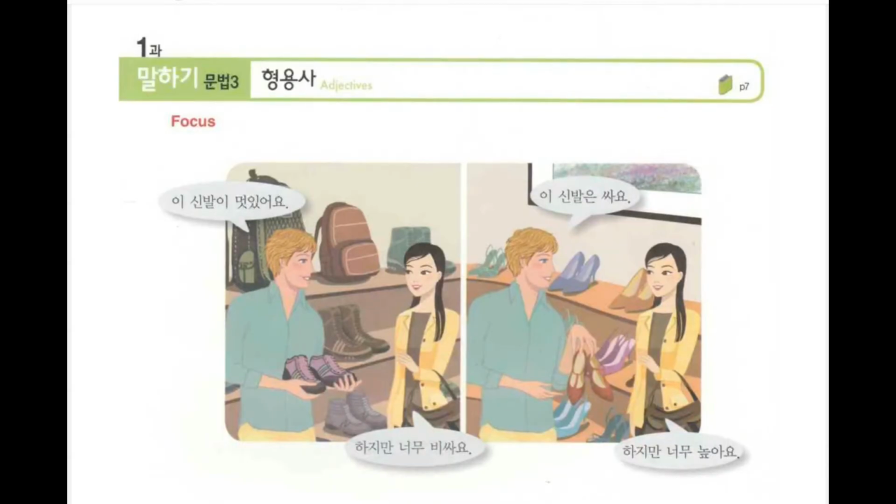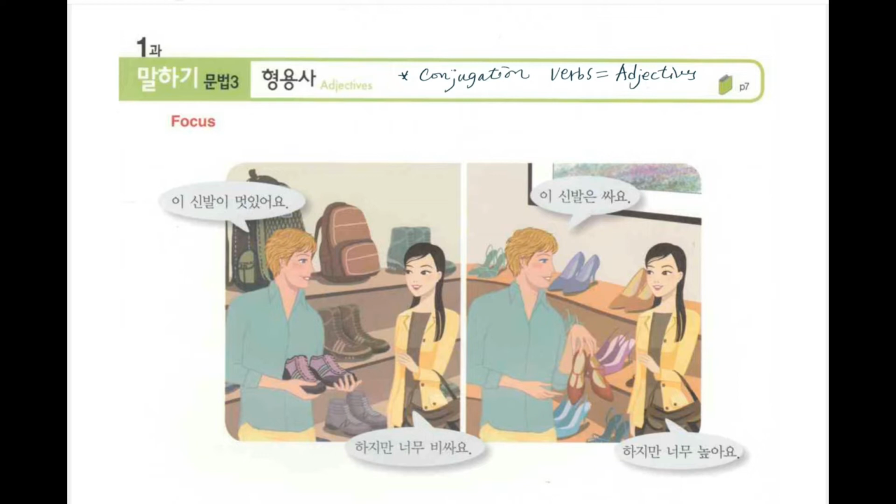자, the third grammar point 봅시다. Adjective, 형용사입니다. I should point this out. In Korean, do we distinguish adjectives from verbs? No. In terms of conjugation, Korean verbs are basically the same as adjectives, so you don't have to distinguish in terms of conjugation particularly. 자, for example,